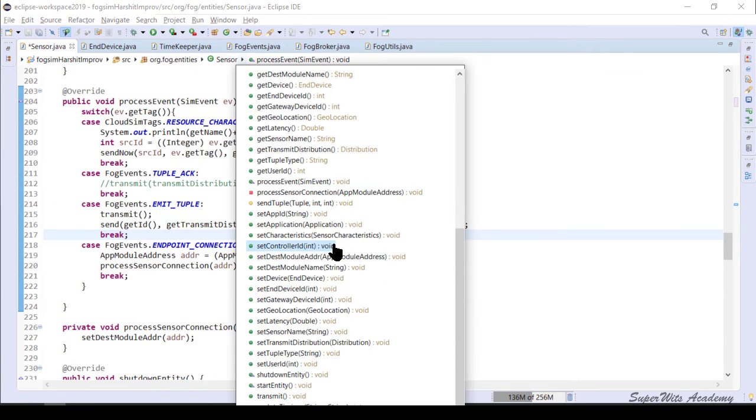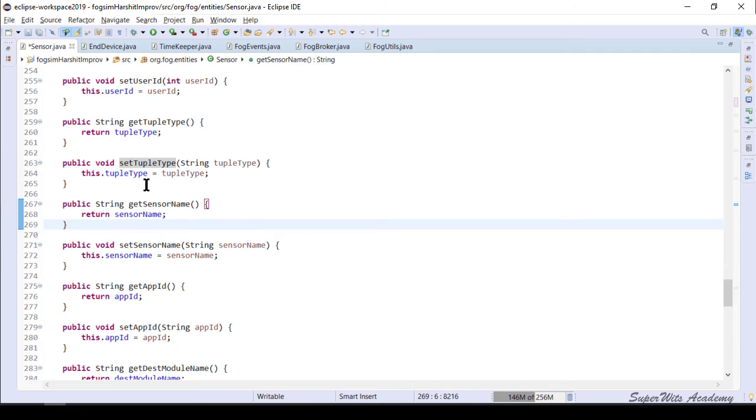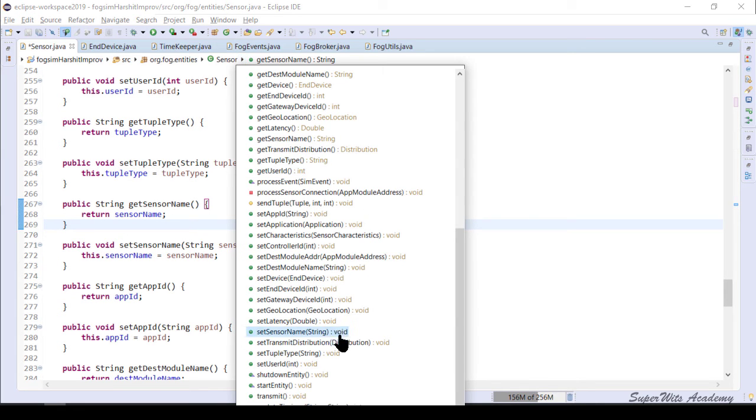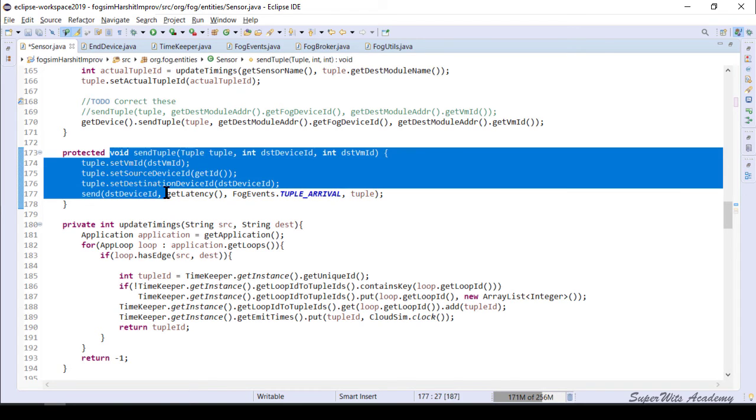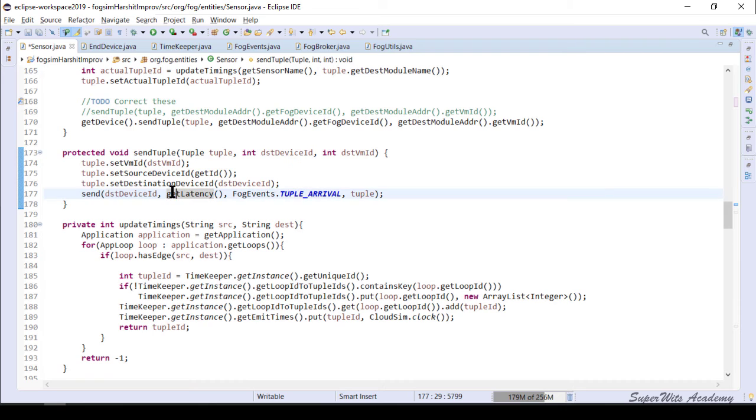Now there is another method, send tuple, right? So if we look at the send tuple, I opened another one, so I need to go to send tuple here. This is a protected method, right? So that means if you are going to extend the functionality of the sensor, then you are going to override this method, right? So you have a possibility of all the extensions that you can do with all the entities, right? So maybe you wanted to add some custom behavior to the sensor, maybe for a camera specifically, for a temperature reading specifically,